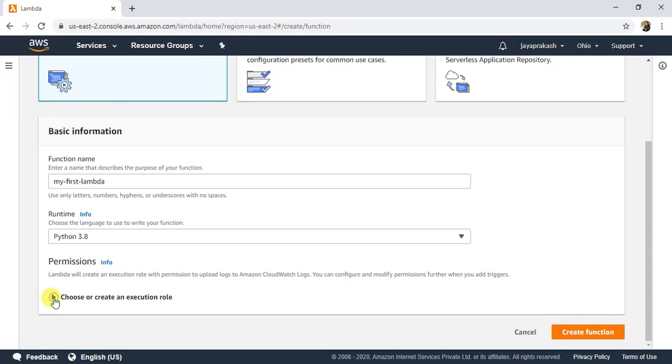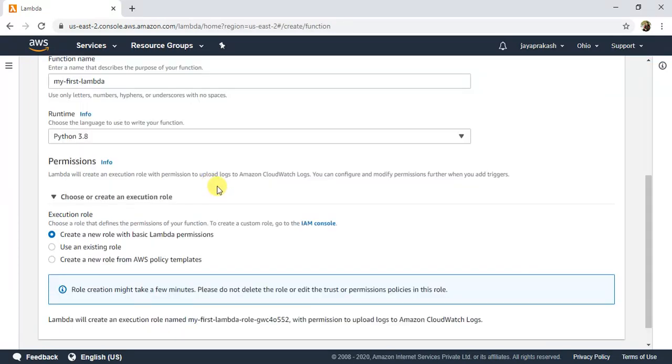Okay, so permissions basically we need to attach an IAM role to this lambda, which will grant the necessary permissions for the lambda to run the code that you have. So suppose you have any code that interacts with any other AWS services. The IAM role you are going to attach to the lambda here needs to have permissions to interact with those services. Okay, suppose you are going to write data to some S3 bucket, then the IAM role that you have attached to your lambda needs to have permission to write data to that S3 bucket.